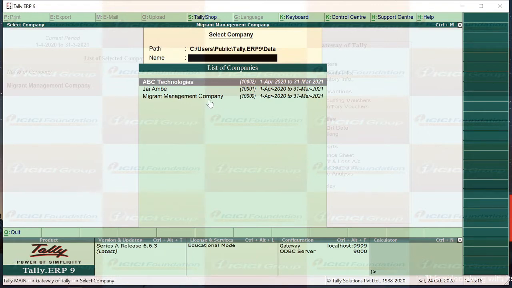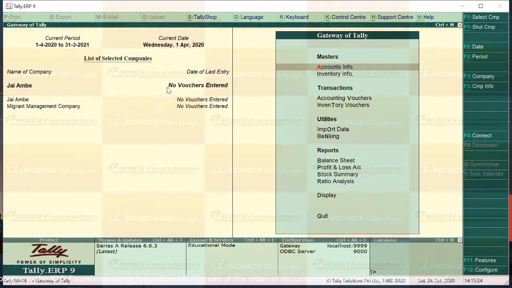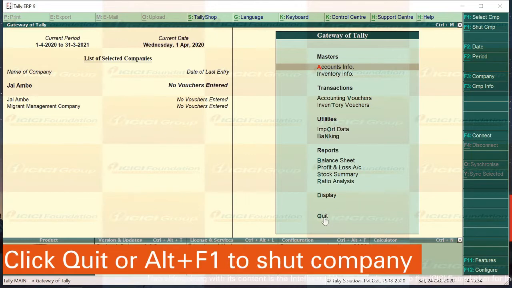Now I will just click on Jai Ambe company. As I clicked on this, it got added to the left pane. Once I finish working with this, again I can click on quit. Or you can also use Alt F1 to shut the company.